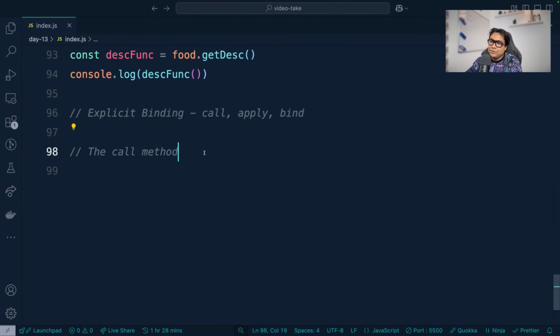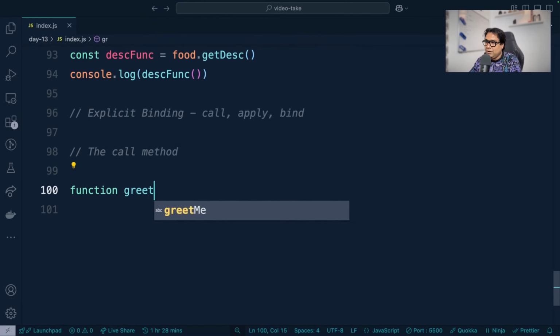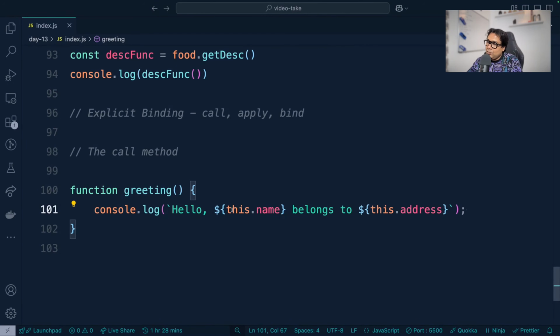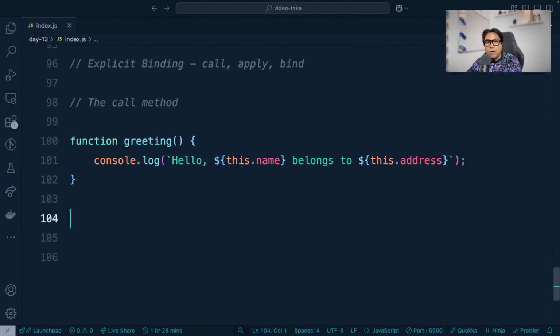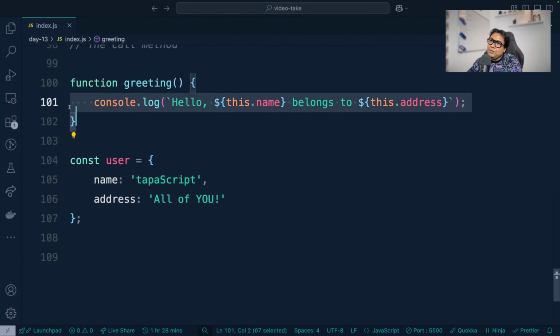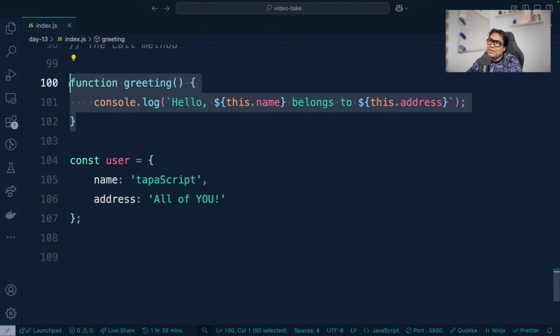Let's understand the first one, the call method. Let's create two different things. For example, we'll start with a function called greeting. Let's have a console.log inside this greeting which says hello, some this dot name belongs to this dot address. Very simple thing. Now let us have an object called user, which has a name and address. Now these two things are completely disjoint, right? User has nothing to do with this function. This function has nothing to do with this